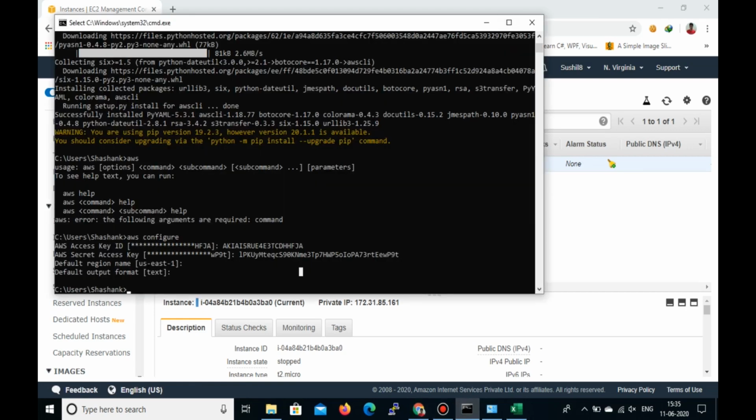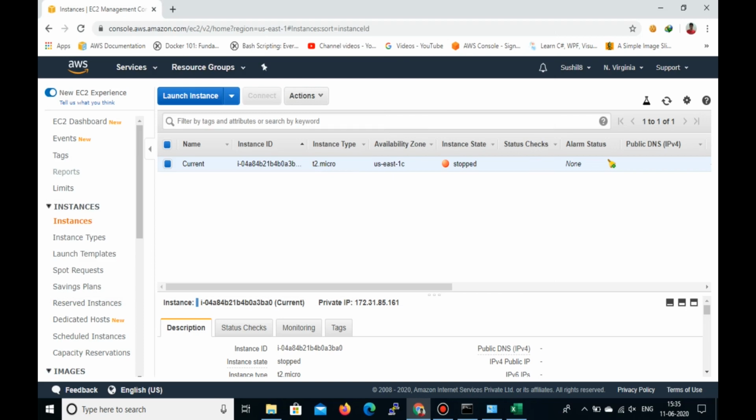So the command is aws ec2 run-instances, then hyphen hyphen. Here you have to give the image ID. For the image ID we have to go here to get it.